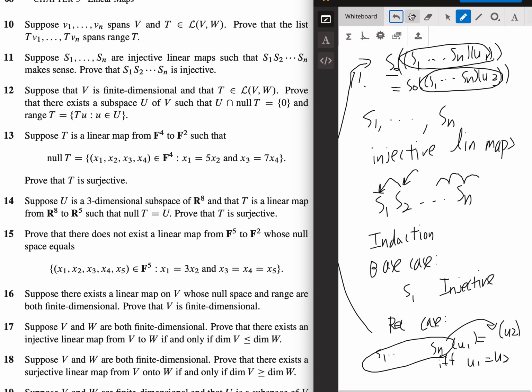I meant the other way around. So let's assume that these two things are equal, and then, of course, we try to arrive at a contradiction where these two are not equal. So assuming that S1 composed all the way to Sn of U1 is not equal to S1 composed all the way to Sn of U2, let's assume that these two are not equal. But however,